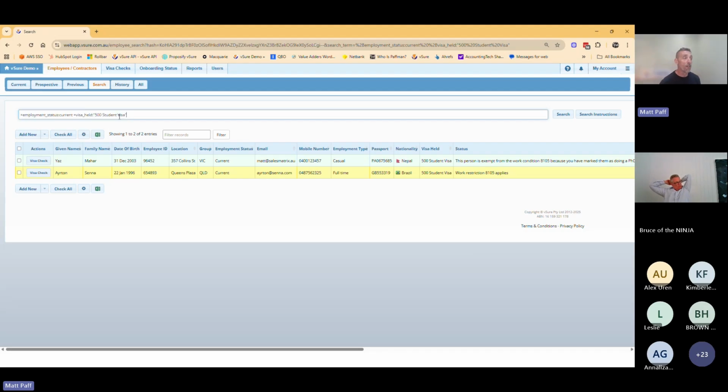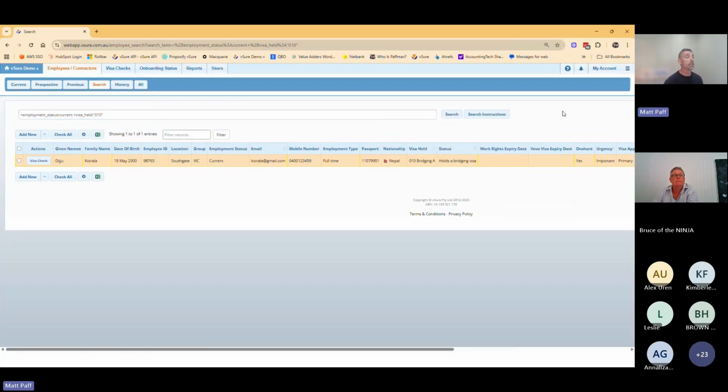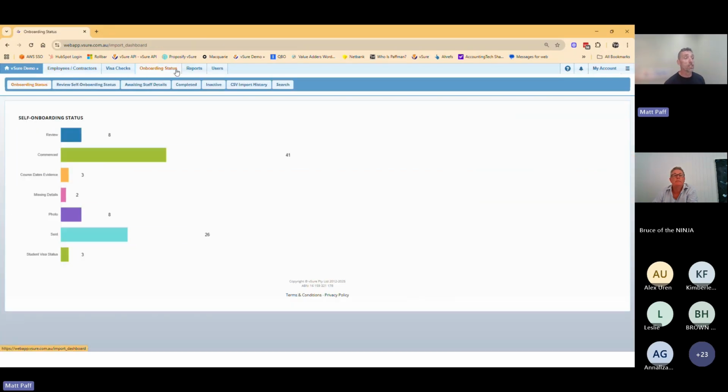See here, this is a 500 student visa. Say I just wanted to have a look for anyone who's on an 010 bridging visa. All I've had to do there is change my filter, my search. Now, search exists both for employees and also for onboarding within the system here.